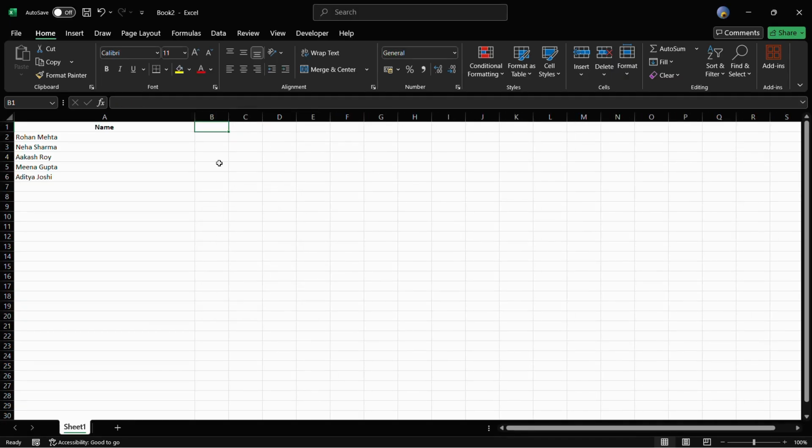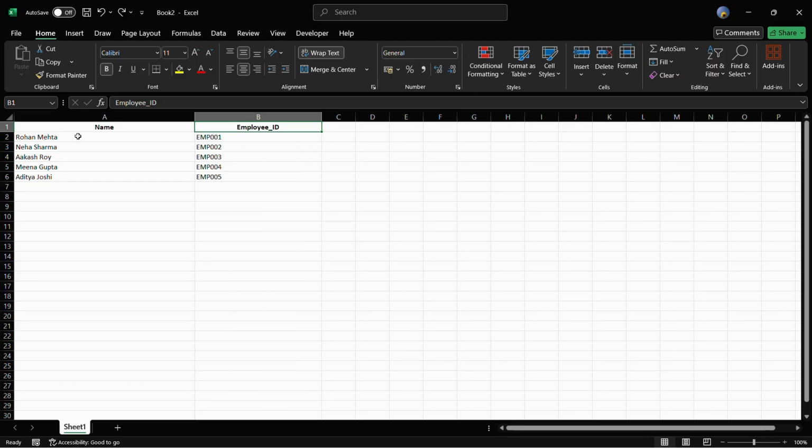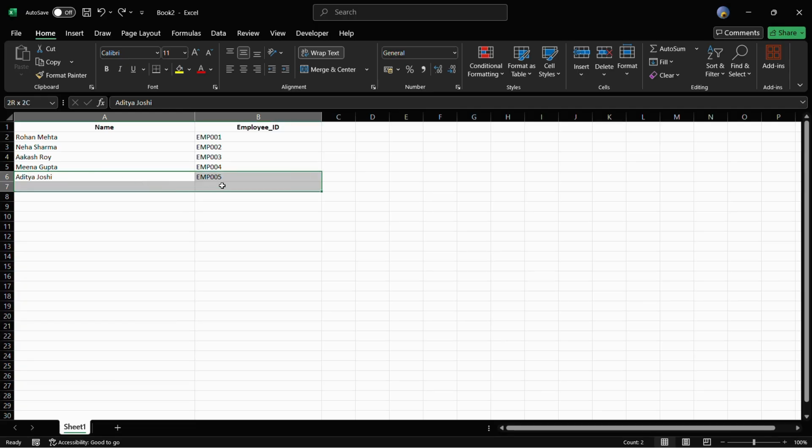Now moving on to another example, we will show you how you can delete an entire row. So for example, I want to delete row number 6 for this particular record. So what I can do is repeat the same steps. Either I can choose all of these entries and then press the delete button on my keyboard and the entries will be deleted, or apart from that what I can do is simply again choose that particular row that I